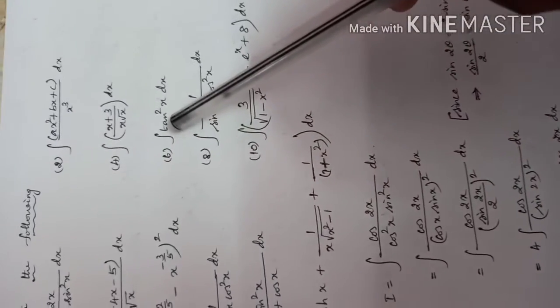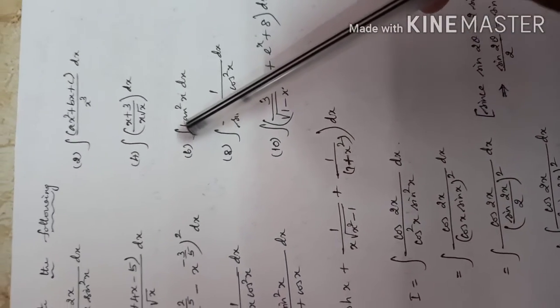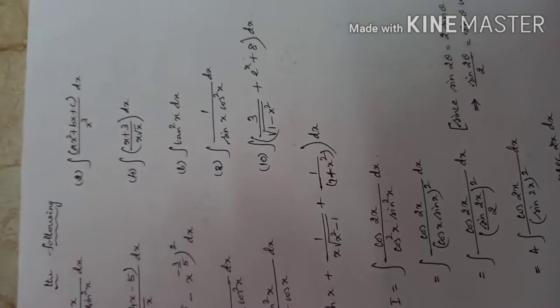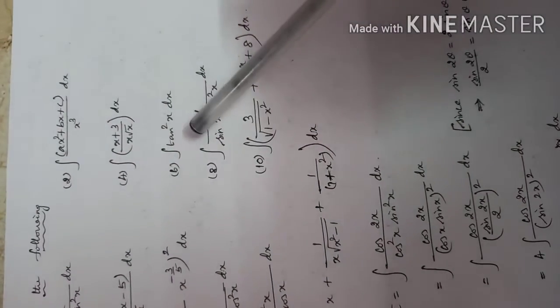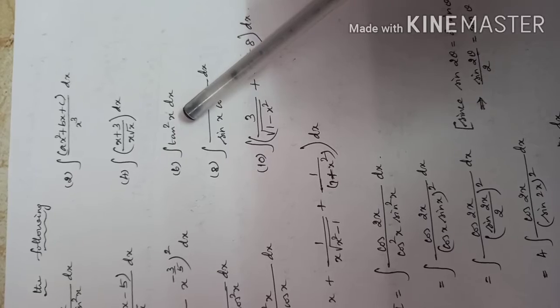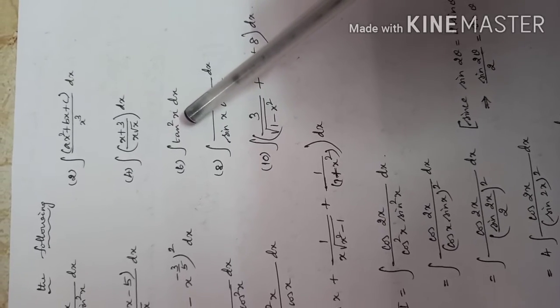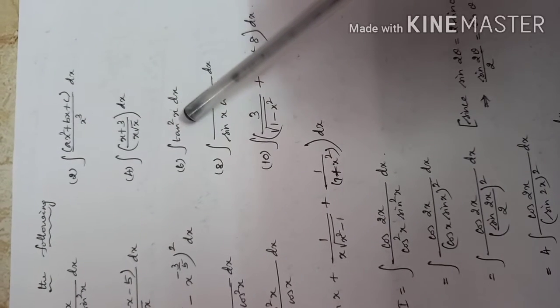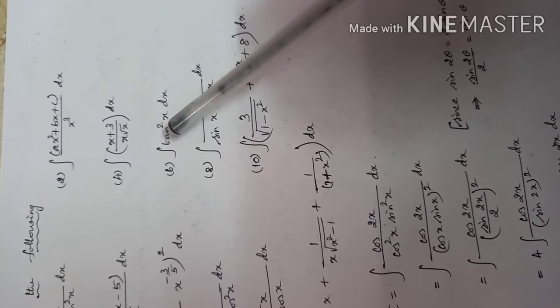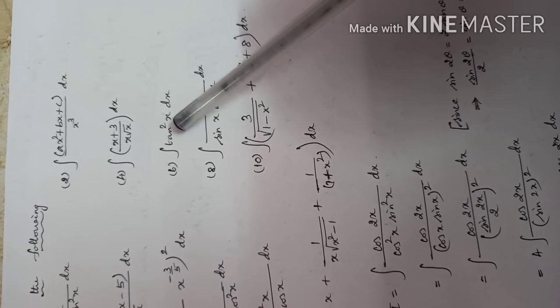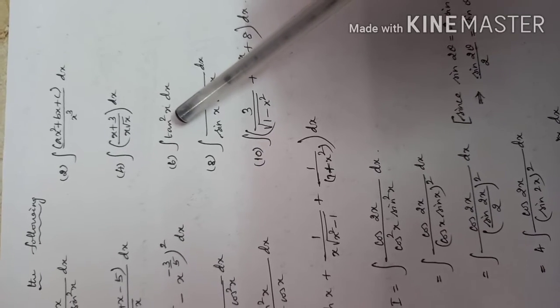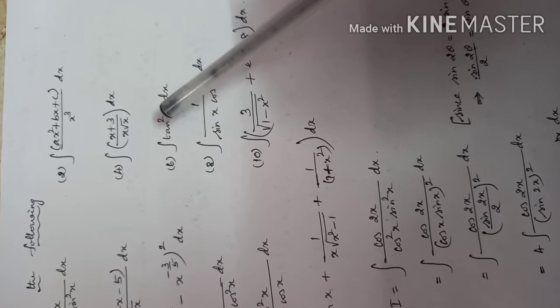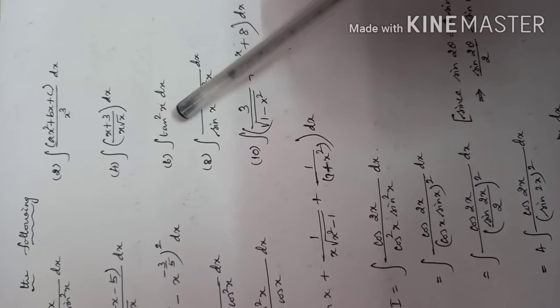Here there is no direct formula to integrate integral tan square x dx. So what will we do? There is no formula. We know integral secant square x dx, but we do not know integral tan square x dx. So what we do is, we know a result, an identity: secant squared x minus tan square x equal to 1. So tan square x equals secant squared x minus 1, right?